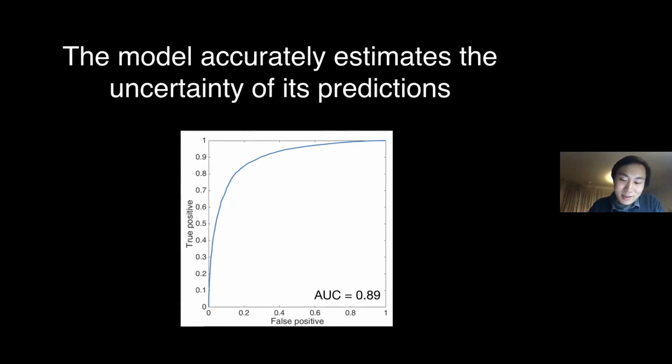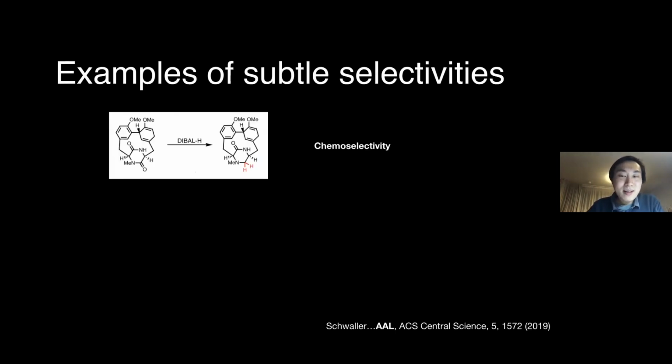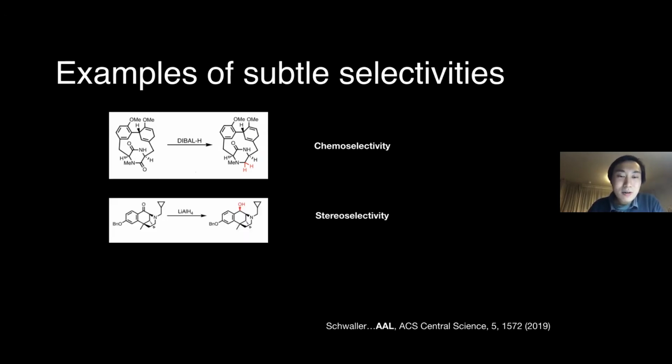That's all numbers. To give you some chemical context of what that means, concretely, the model can predict challenging transformations like chemoselectivity. We can see here are two amides, which one gets reduced first. The original paper found it challenging to predict. The model correctly predicts that. Stereoselectivity is a standard